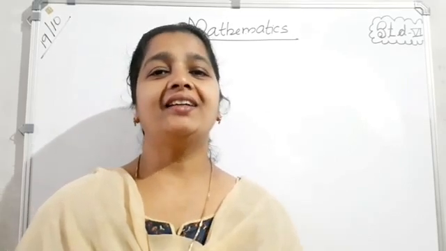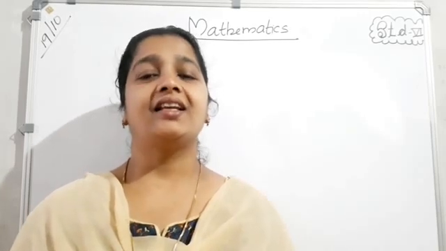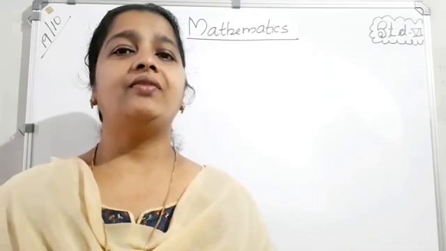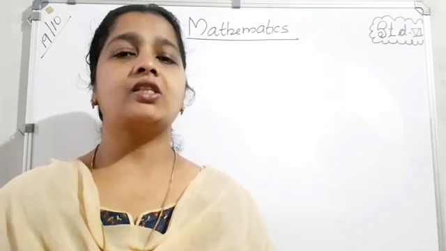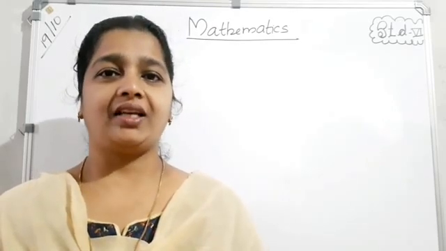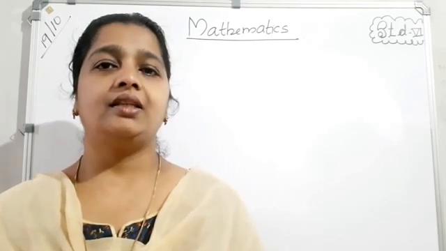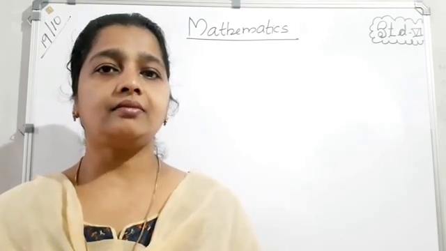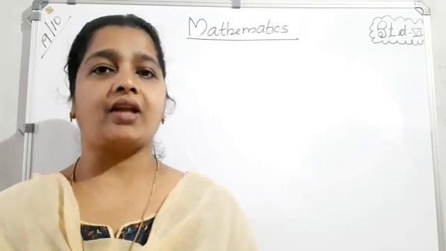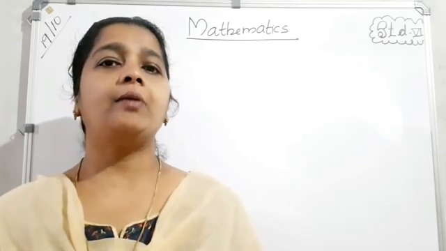So last day we studied chapter 7, fractions, isn't it? A part of the whole is called a fraction. Then we studied some questions based on figures. You can shade that portion, isn't it? Next, some questions we worked out. Then we studied the number line. And last time we studied what equivalent fractions are. Clear? Yes. Then, what are improper, proper and mixed fractions?